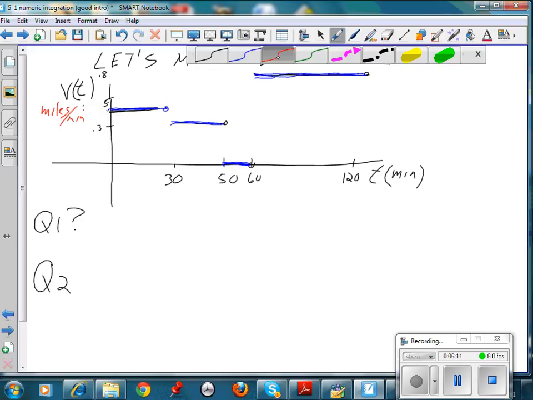Maybe I'll fill this in with red, but you take 30. It's supposed to go 30. And if you look at the area under there, the area is going to be the height, which is 0.5, right? 0.5 times 30, that's going to be 15. Better put this in as that's underneath that curve there. If we multiply the velocity times the time, notice we're in minutes here, we're going to get 15 miles under